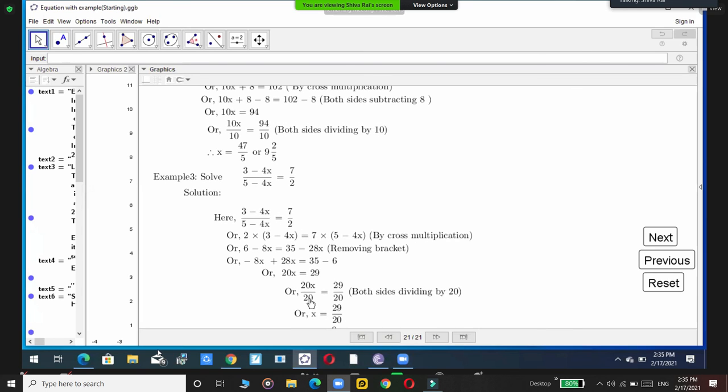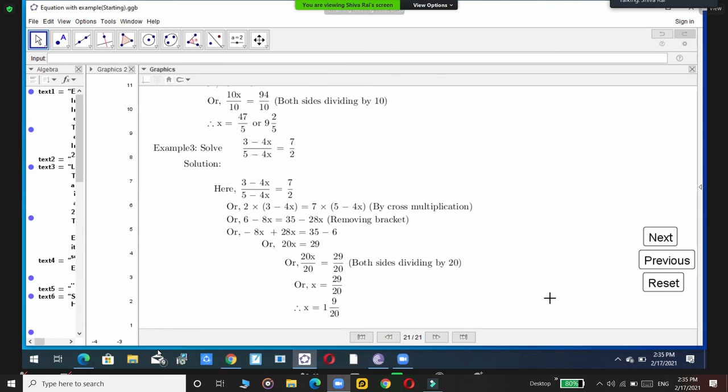How can we remove 20 from x? Dividing by 20. If we divide by 20 on the left hand side, divide on the right hand side also by 20. So now we are getting x equal to 29 upon 20. You can stop here or you can change into a mixed number. It goes one time, 1 times 20 is 20, remainder is 9, 9 in the numerator and 20 is the divisor, so that in the denominator. So x equal to 1 whole number 9 upon 20. Are you clear? Yes, sir.